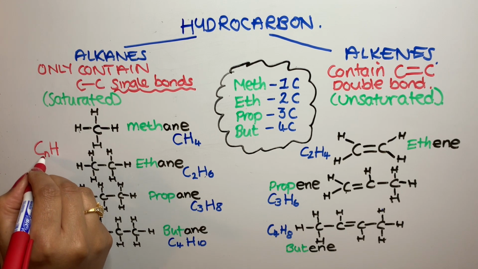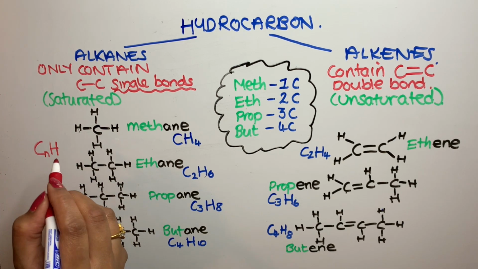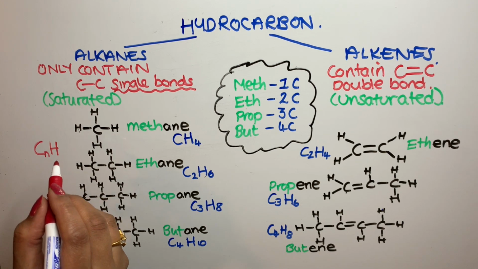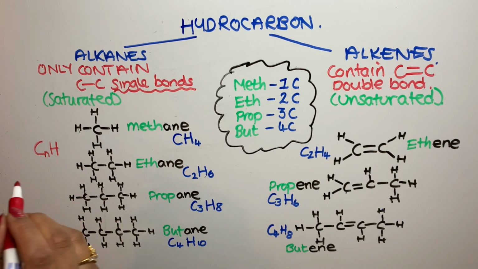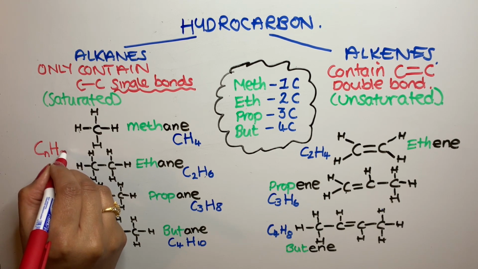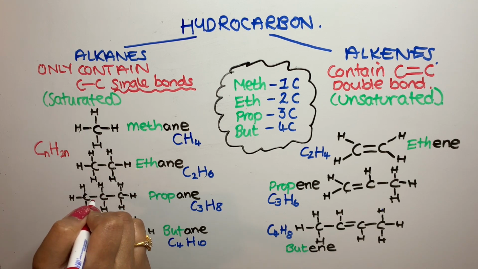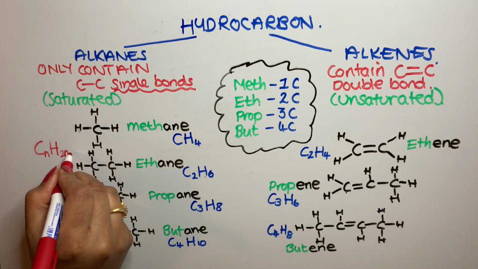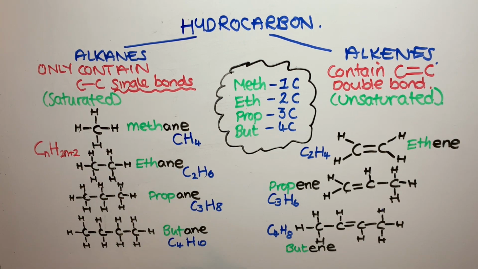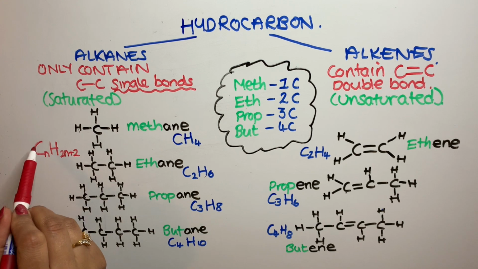So if I had 5 carbons, twice as many would be 10. If I had 10, twice as many would be 20. So however many carbons you have, you're going to have twice as many. So 2n, twice as many hydrogens, plus the 2 extra at each end. So the general formula for an alkane is